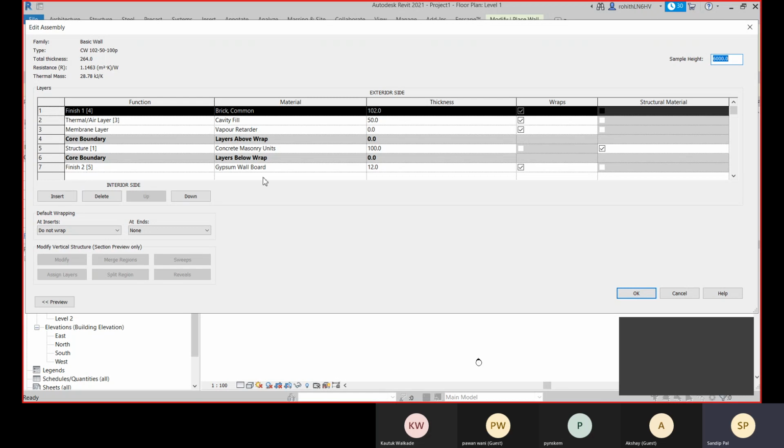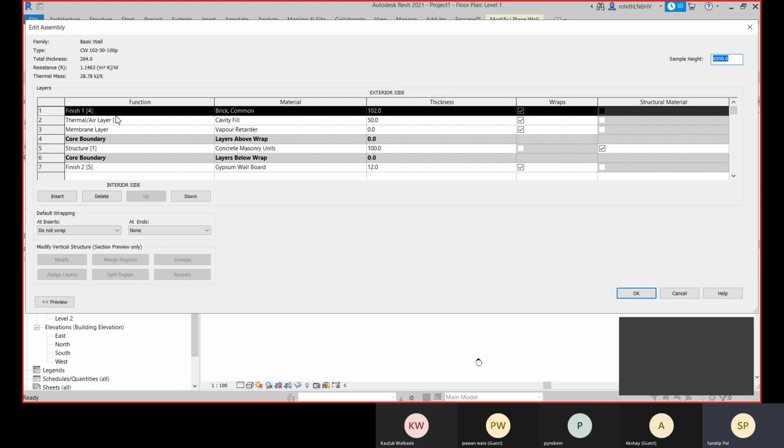But we don't require that, because the weather effect will be applied to the exterior surfaces of your wall, right? So for that we will apply this thermal layer and this membrane layer, so that heat and damp don't affect our wall, right?